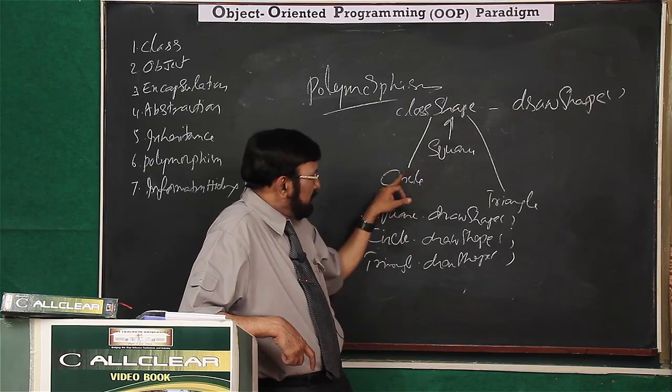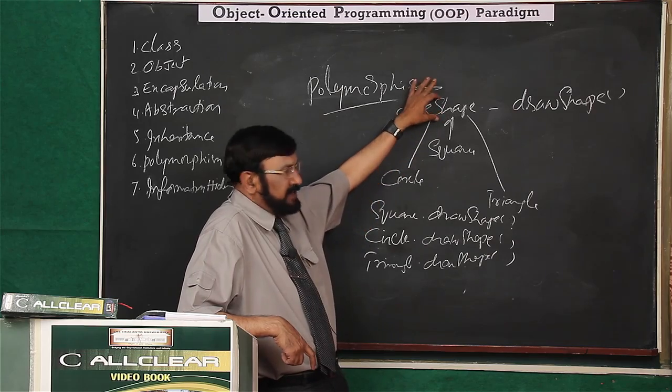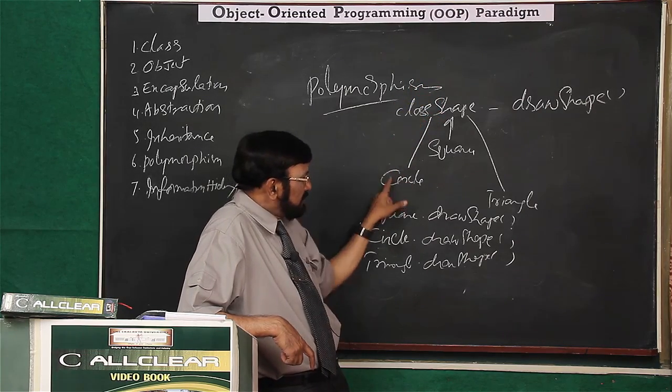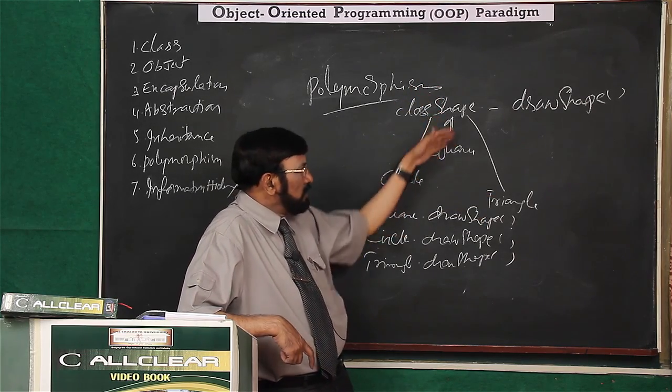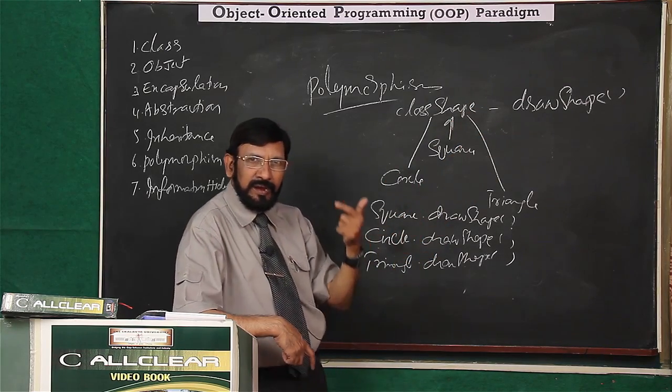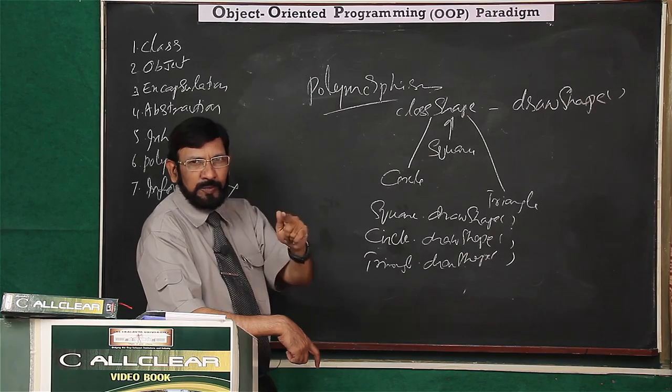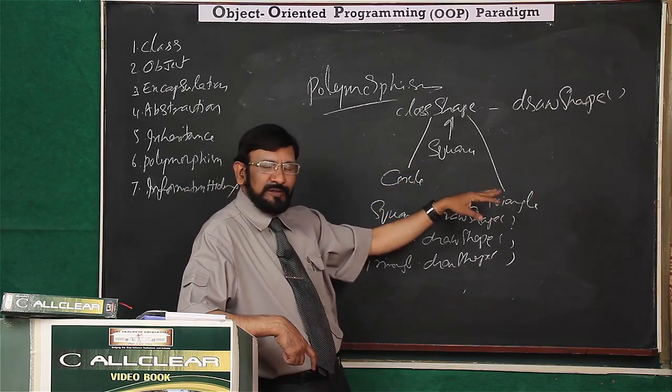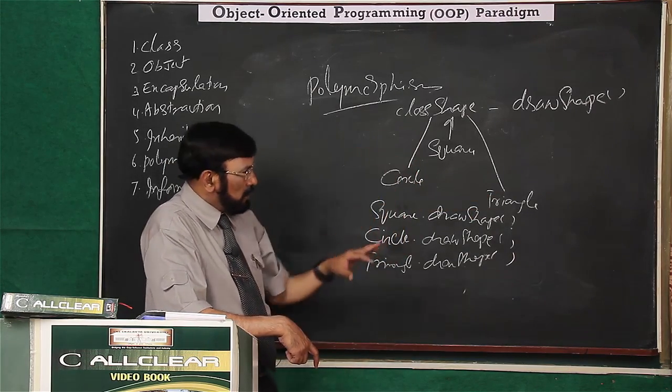In the same way, these are the children. These are the parent class. These are the child classes. So the children automatically get it by the inheritance property. How you get your father's property, these classes also inherit the properties like this.